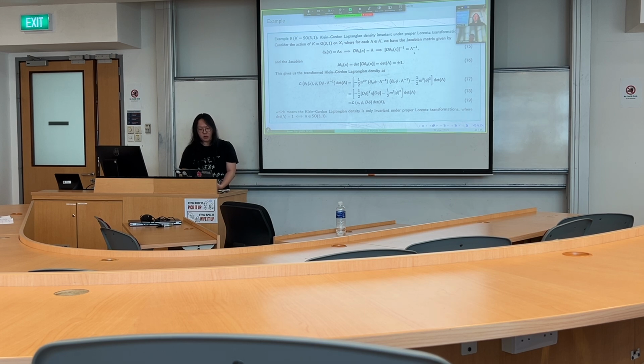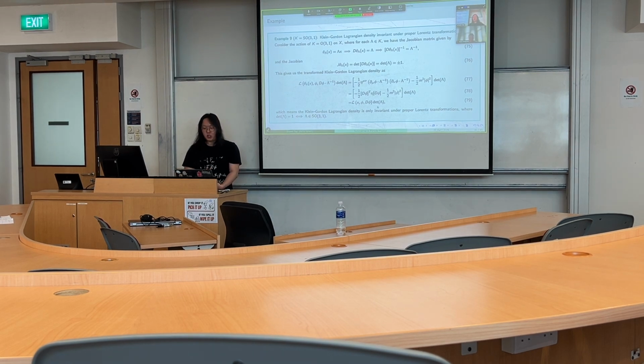So I compute that as well. I compute the Jacobian, and we plug everything here into the condition for K-invariance. After a bit of working, and I skipped quite a bunch of steps here, eventually we get that